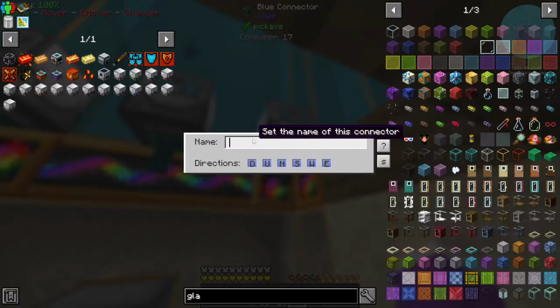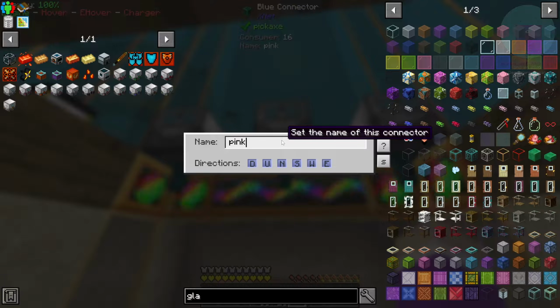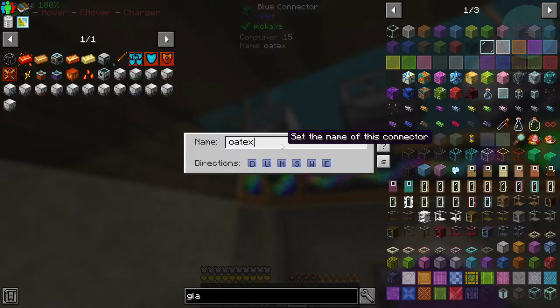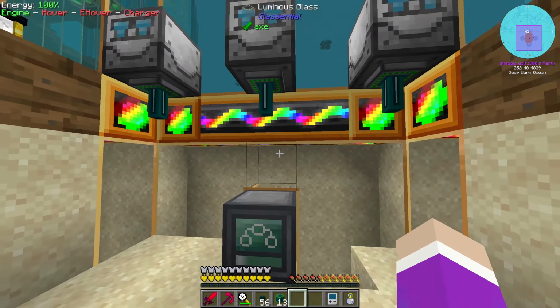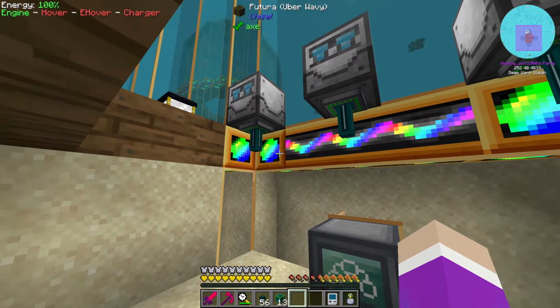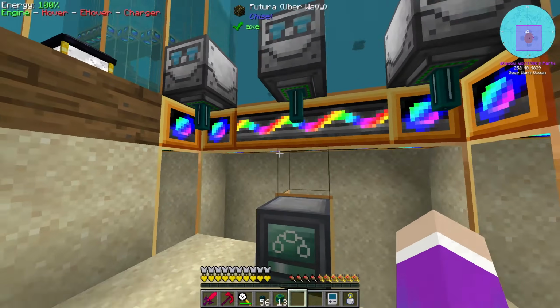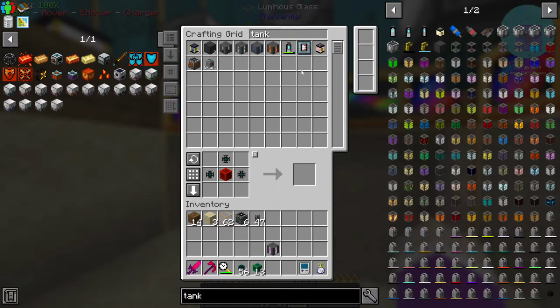So this guy is ether. This guy is going to be pink slime, and this guy here is latex. There we go. So, the only issue I can see is I don't want latex to be accidentally pushed into this dissolution chamber, which requires pink slime. Let me just grab out an ender tank here, or even just this tank here with all the pink slime at the moment, and put it down right here,